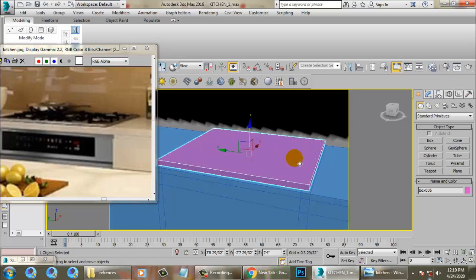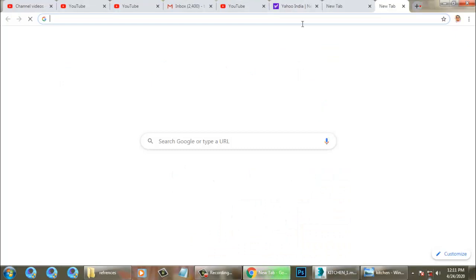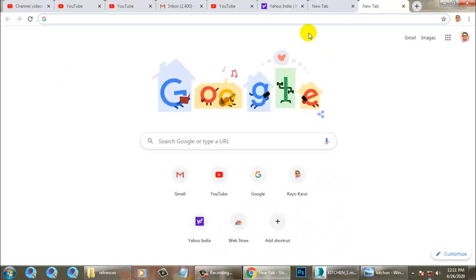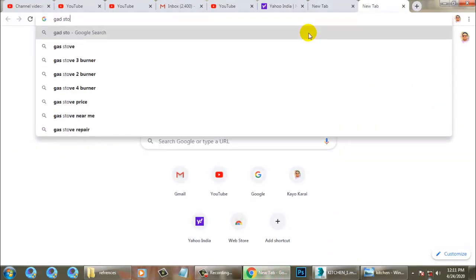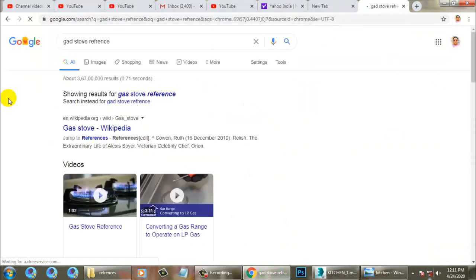Alright, so let's go into the parameters of that particular light. Select the light over here. Let's make it a target light and make sure you are giving it a color. After assigning a color to the light, let's go into the multiplier and set the multiplier to around 3 for the light.